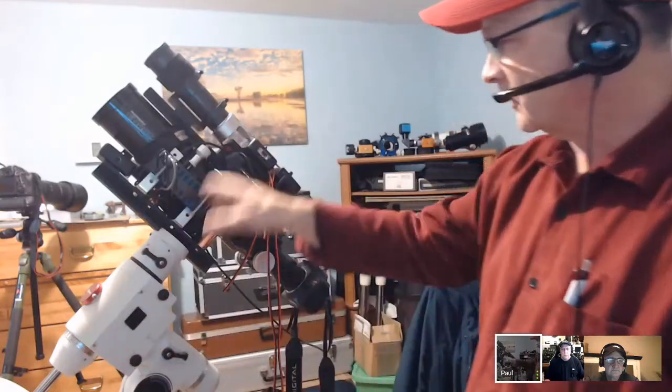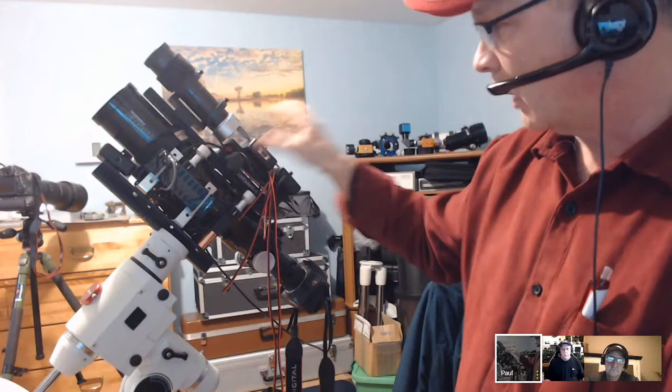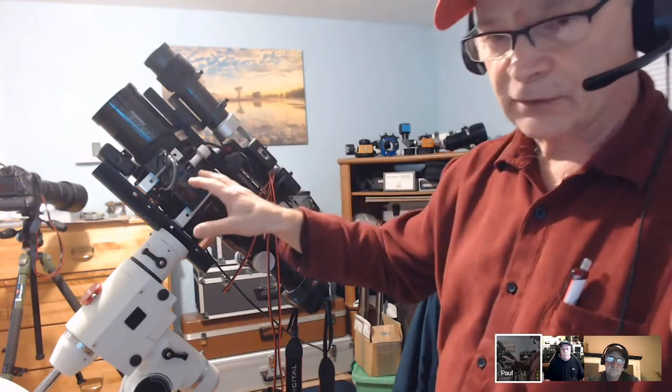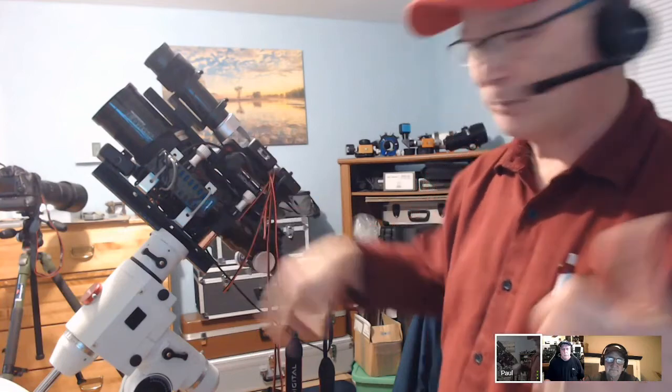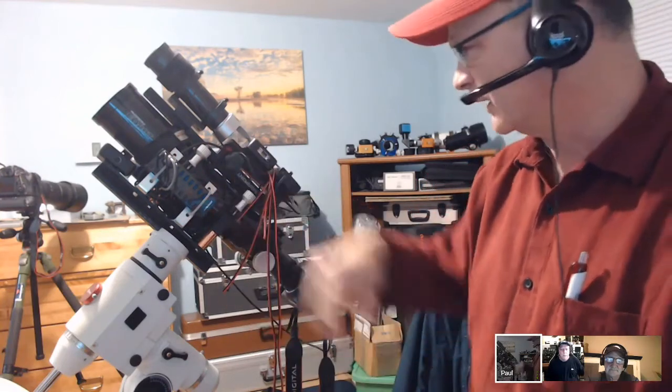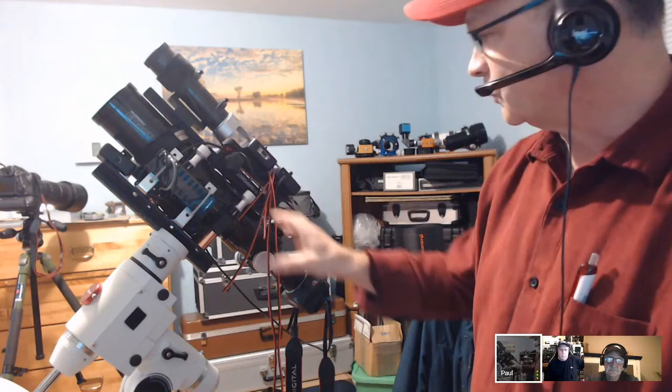Because if you can imagine looking at this, if I was to try to swap out all the pieces from this to the other telescope, I'd be doing it for like 6 or 8 months, because I'm not going to do that. It would take probably a good day or 3 to put it together. So what this one is...